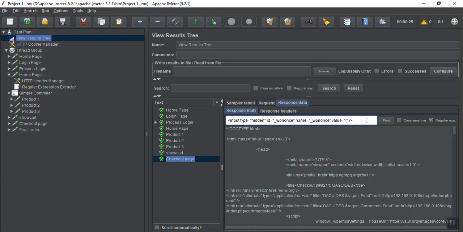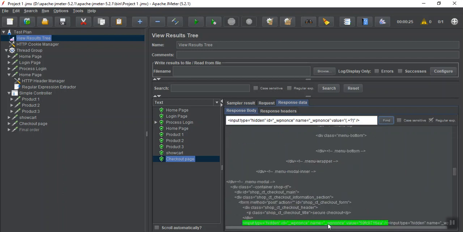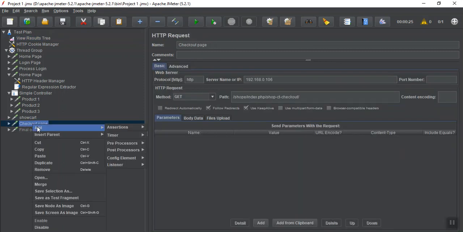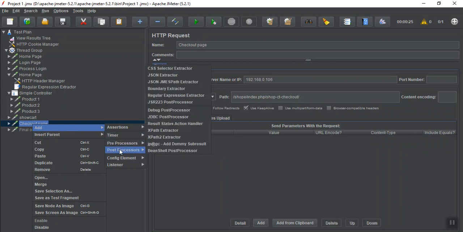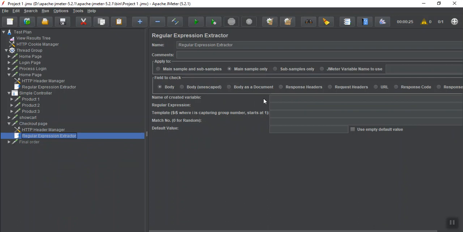Bracket dot plus question mark. Let's check it with regular find. You can see that this has been provided. Now copy it, add a post processor, regular expression, and this is our regular expression.